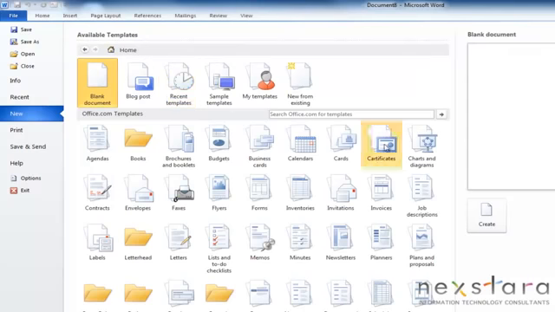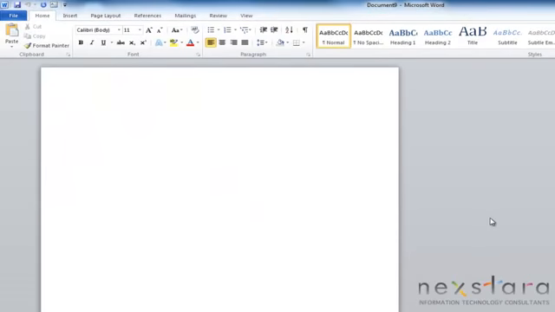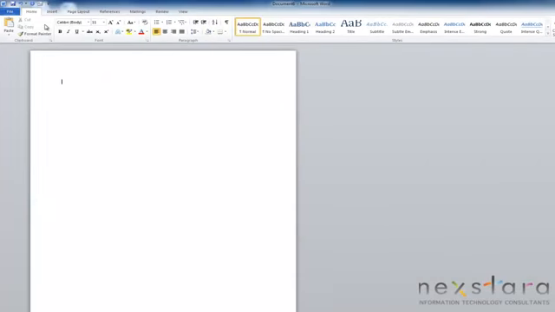For our purposes right now, we're just going to create a regular old blank document. So all you need to do is click create, and it'll pull it right up for you. Alright,